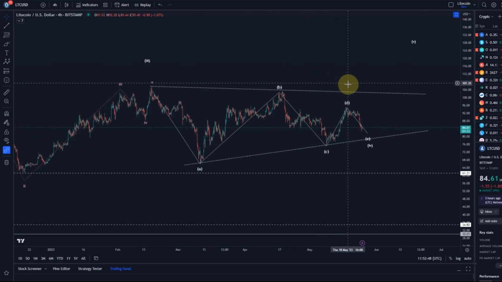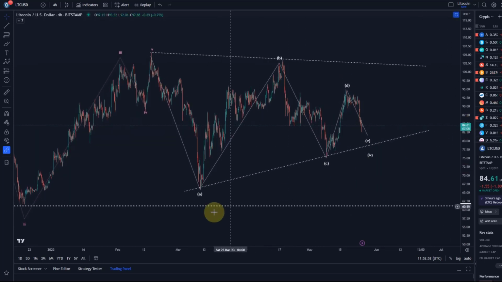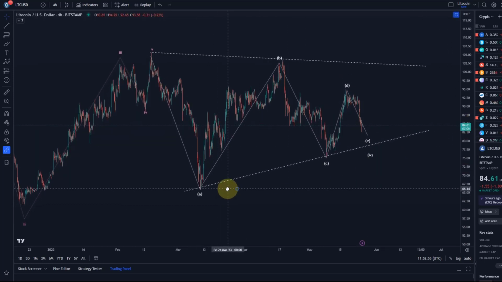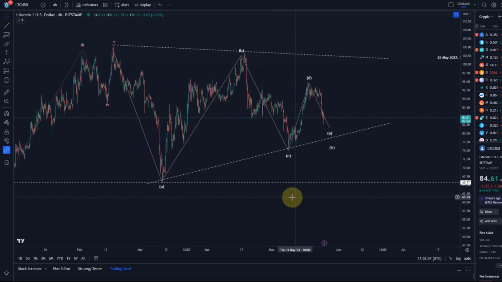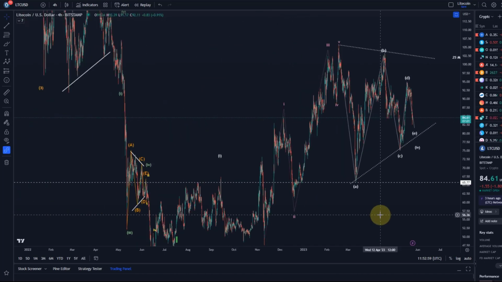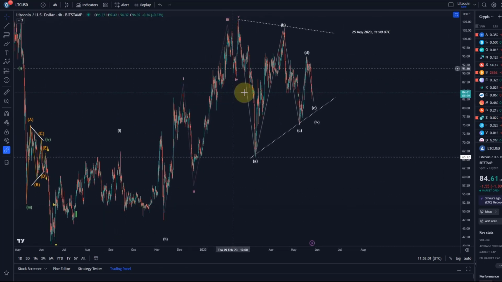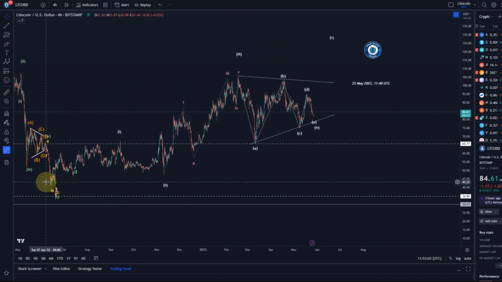What is our invalidation point? The invalidation point here is the low of the A wave. So if we break below that low, the triangle is invalidated and we probably have something bearish, and we only read it in three waves. Then all of this would just be an ABC structure and we probably make new lows. Yeah, so that's, I think, a good way of looking at it.